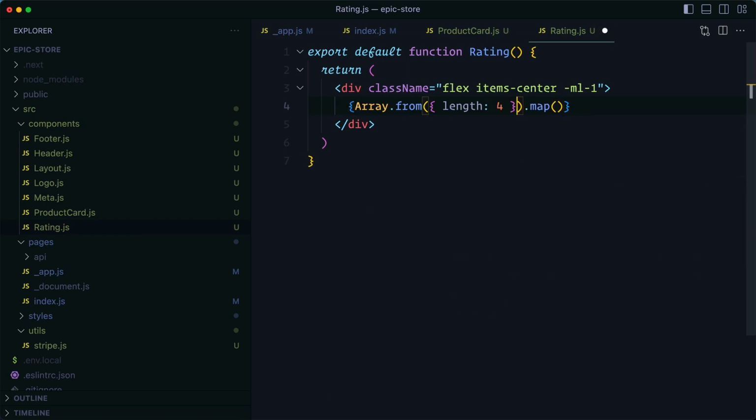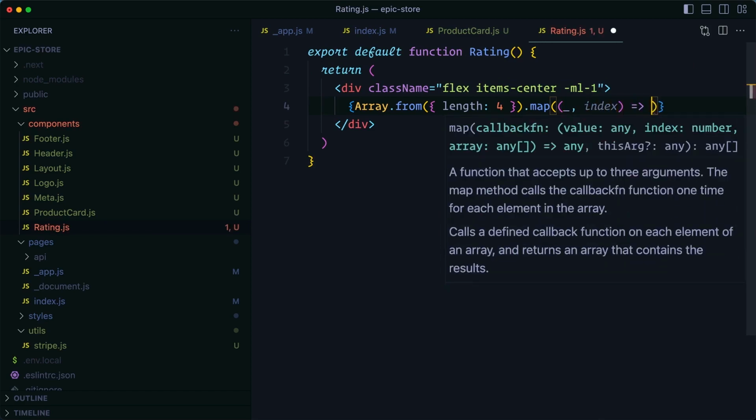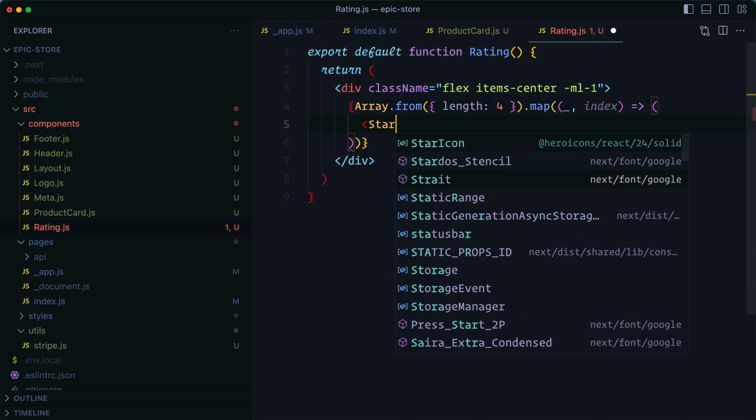It has its own built-in map function, but we can also use the map function on the created array like this. And we need specifically, we don't need the value, but we need the index when we're mapping over this empty array. So we just provide an underscore and then grab the index